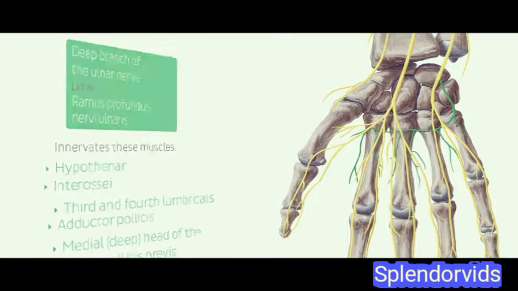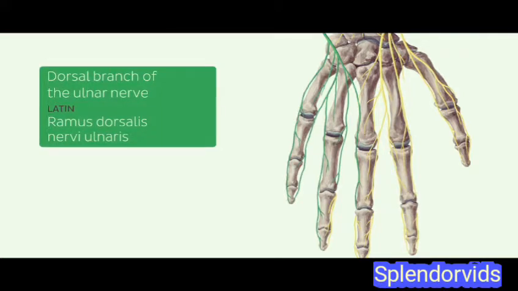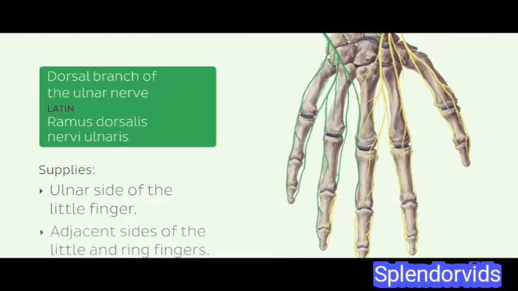It's time for us to move on to another structure, this time on the dorsal side, as I twist the hand here to show you the dorsal branch of the ulnar nerve. The dorsal branch of the ulnar nerve arises 5 centimeters proximal to the wrist. It divides into 2 dorsal digital branches. This branch will then supply the ulnar side of the little finger and the adjacent sides of the little and